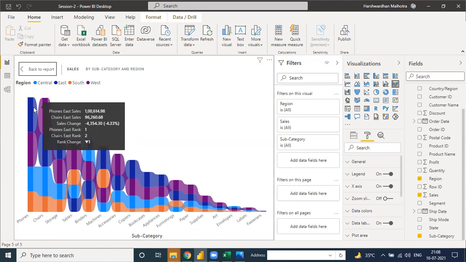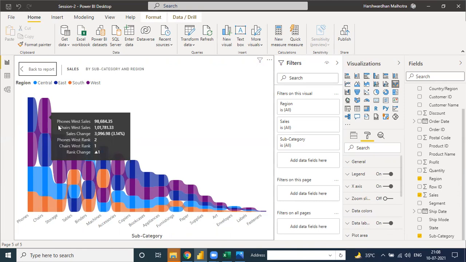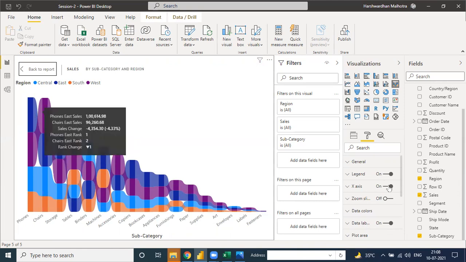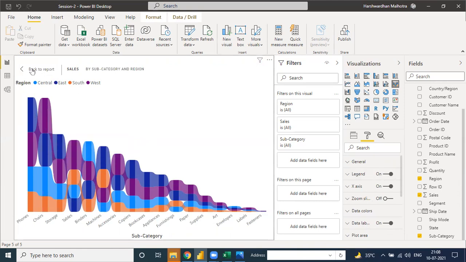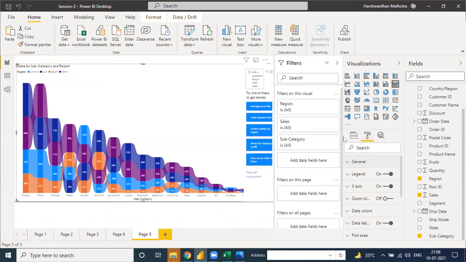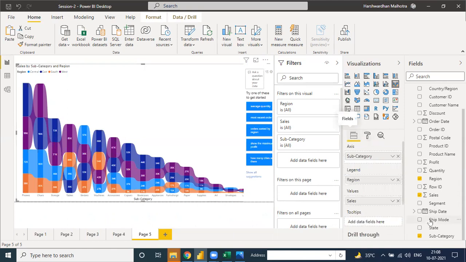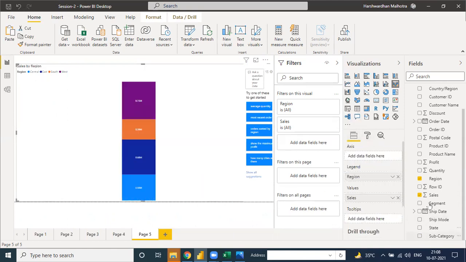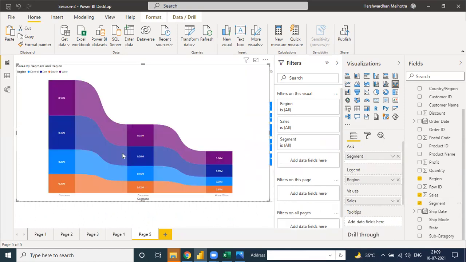See, the blue tab is showing that phone is sales, chair is sales. I need this chart not as per accessories, but by segment. Okay, it's 4.